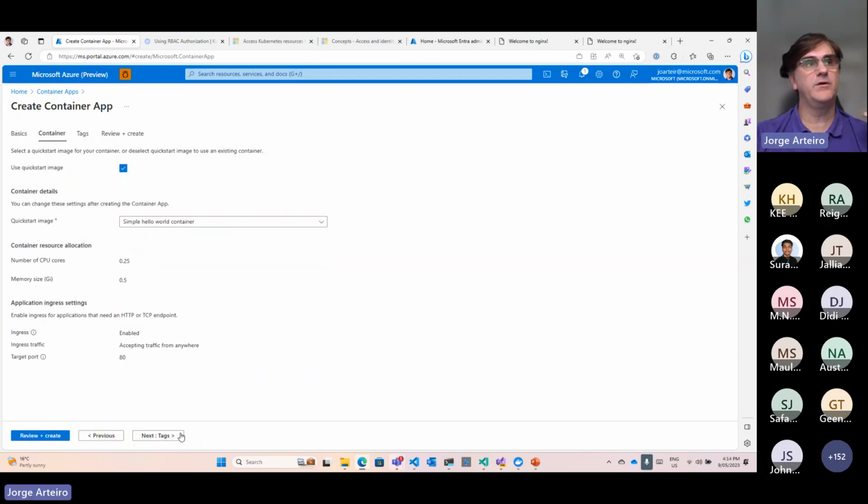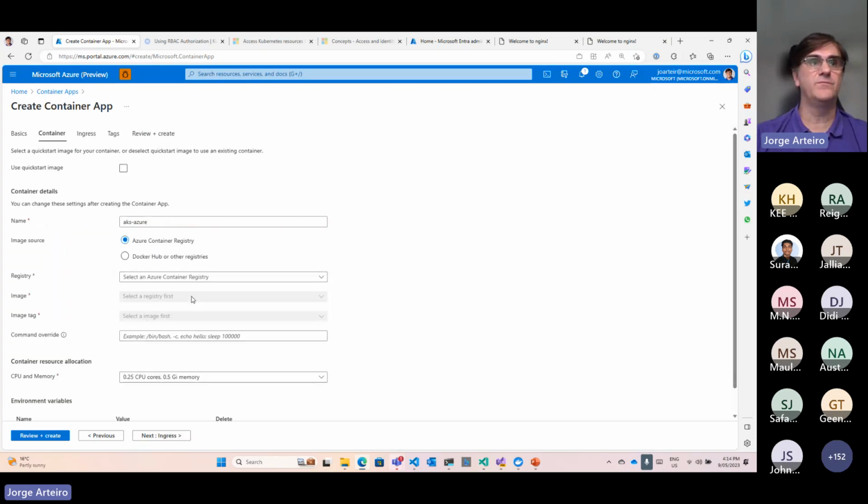If I have the environment, the only thing I have to do is run the application. I could get from a quick start, just like a demo sample, just to test, or I could get from a container registry. Say Azure Container Registry, I probably have Container Registry here with some container image that I have done before. I think AKS Blazor.